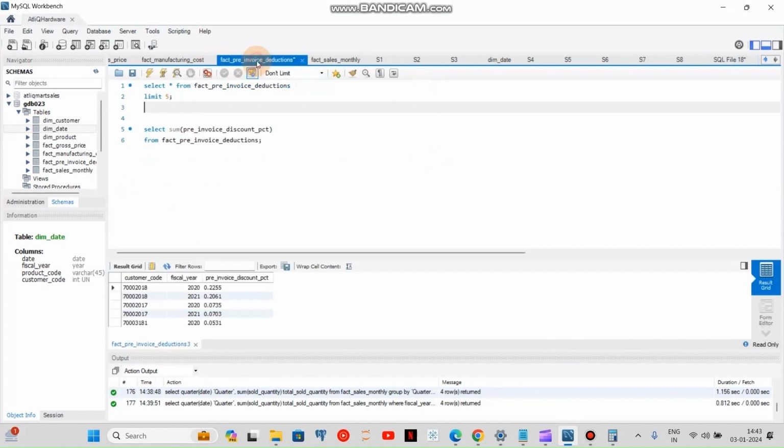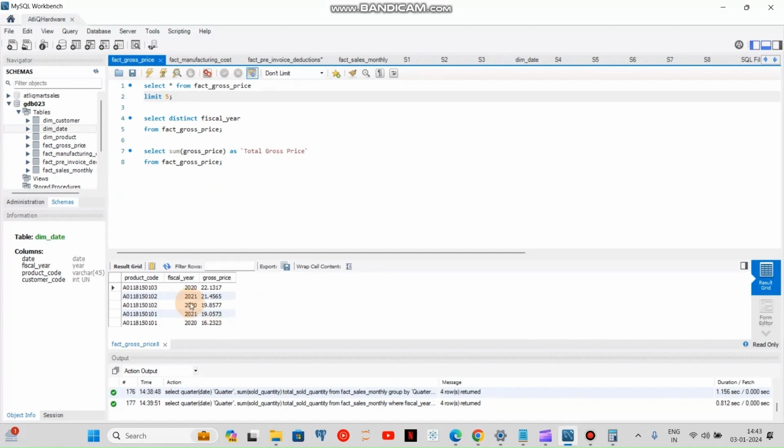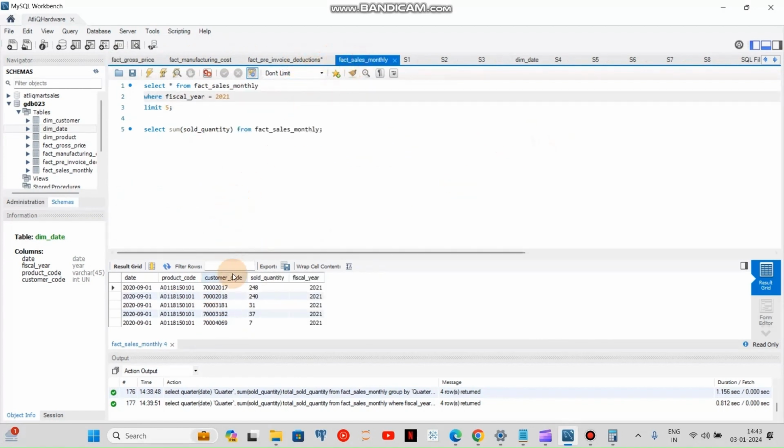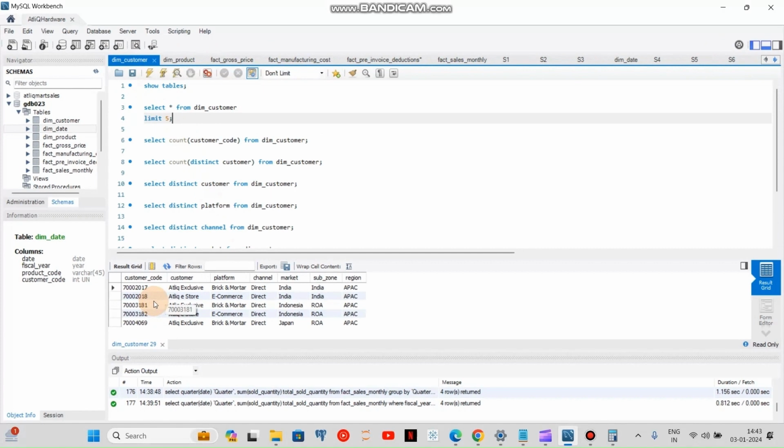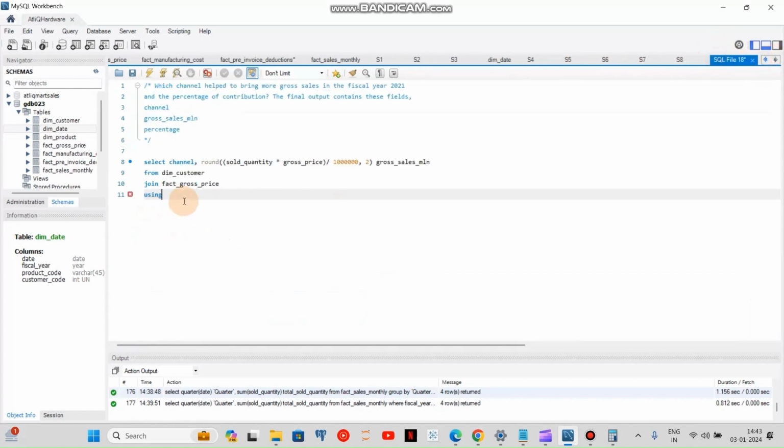yeah, no, I cannot join dim customer to fact gross price, I believe. Yeah, so I'll join it to fact sales monthly using customer code, join it using customer code only, I believe. So my customer, yeah, customer code. Okay, so I'll join it using customer code, and here I want fact sales monthly. I'll join this to